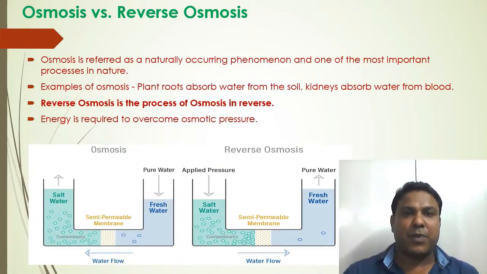Further, to understand the purpose and process of reverse osmosis, we must first understand the naturally occurring process of osmosis. Osmosis and reverse osmosis are two phenomena that occur naturally in living beings in daily life. In osmosis, water molecules move across a semi-permeable membrane from a lower concentration liquid to a higher one. This requires no extra energy nor any external process. Examples of osmosis in our daily life are when plant roots absorb water from the soil, or our kidneys absorb water from our blood.